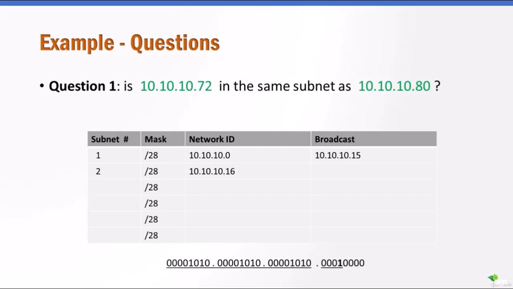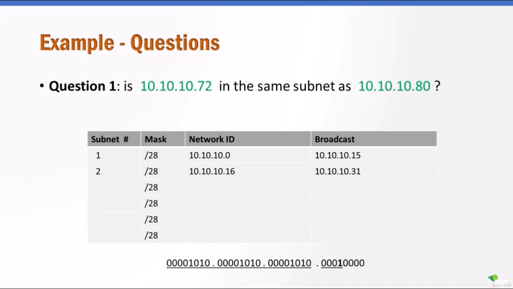And let's look at what that looks like in the binary format. So we just changed the last bit in the subnetting portion. The broadcast address in the second subnet is going to be 16, so this one, plus 15, because we would get 15 if we switched these 4 zeros into 4 ones. So that's